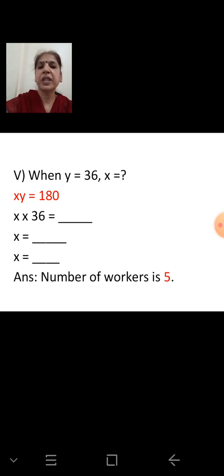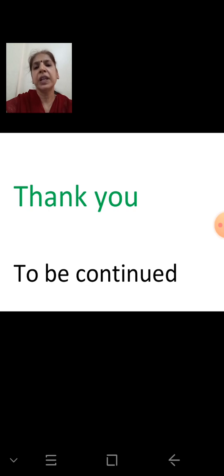So what we are going to do? We are going to memorize the tables also and try to do the calculation orally or by drawing the column beside. And the sums which we have done, you have to practice. So you are maintaining one book, right? In that book you are going to solve the sums. And keep in mind, today what we have covered: inverse variation. Inverse variation, product is constant.